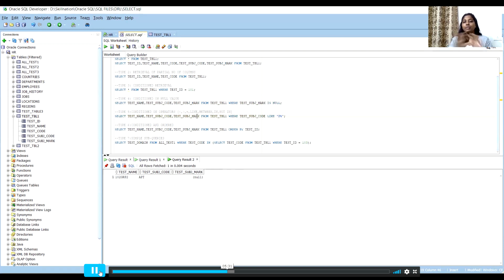You have so many operators. There are greater than, less than, equal to, like, between, in, and not in, and all. So here we are taking an example of like. In like, what we are trying to do is, in case you don't know the exact value which is actually present inside the table, but you have a vague idea that it starts with P. Sometimes we remember this guy's name, something that starts with P.